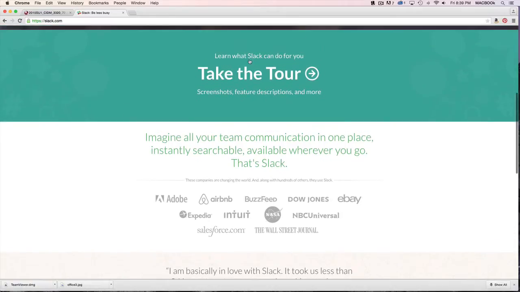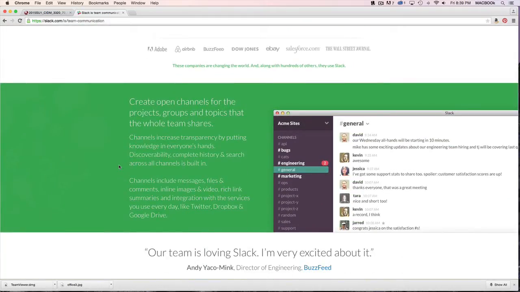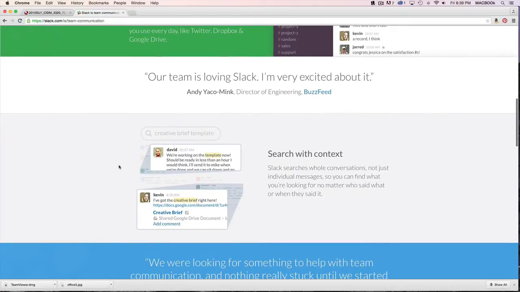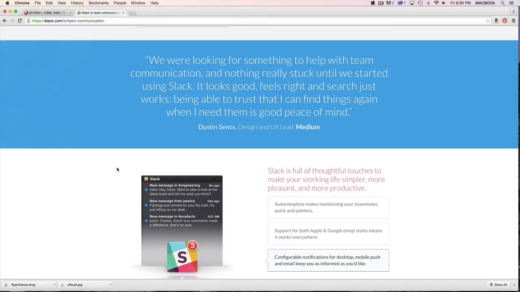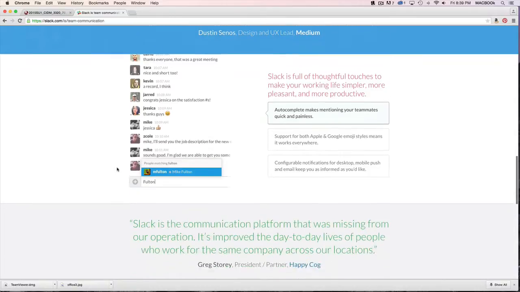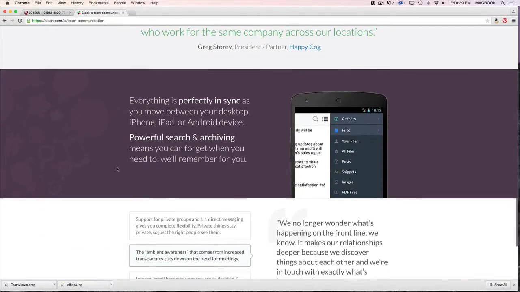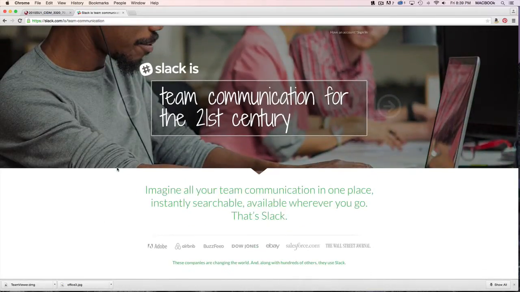And so you can take the tour, and we'll click on this for a second so you can see. This is the picture that I showed you guys, and there's some more information. The cool thing I think also is that it has the availability to be put on different kinds of platforms, whether it's a computer, phones, tablets. And so you can either access it from the actual website, or you can look into an actual app.